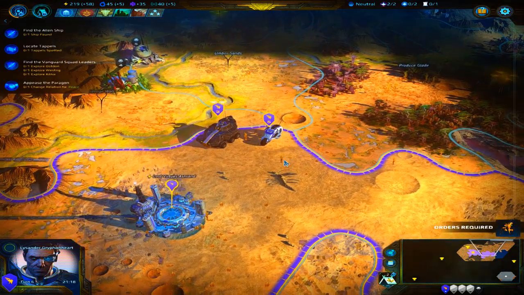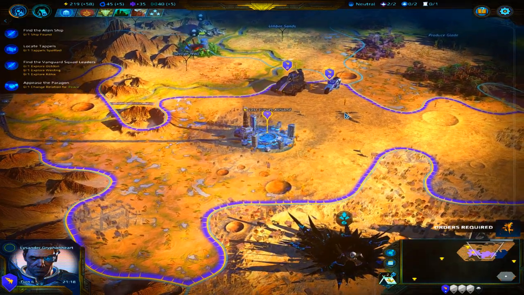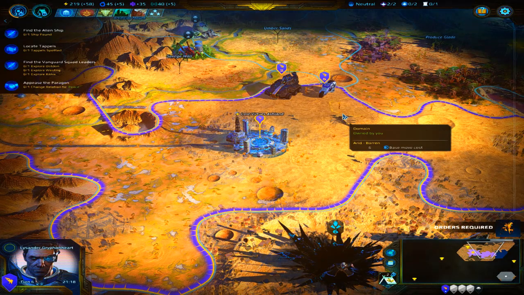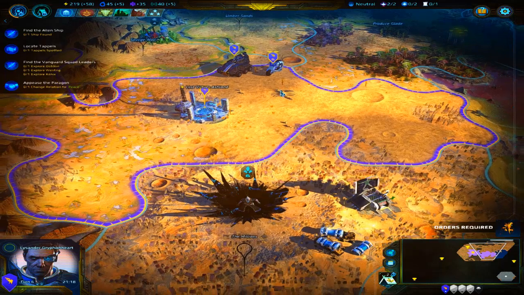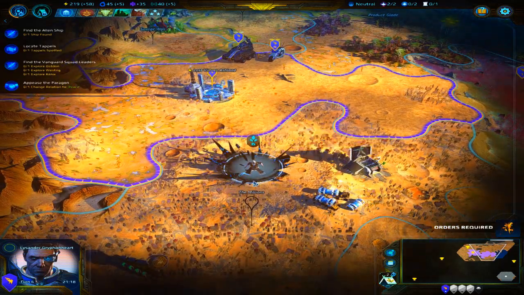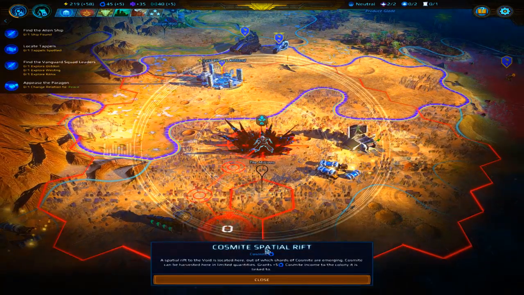How the story with the world of Atla and its races connects with Age of Wonders Planetfall, I have no idea if it even connects. We shall see. But for now, the only thing that kinda reminds me is the main thing, the Cosmite Spatial